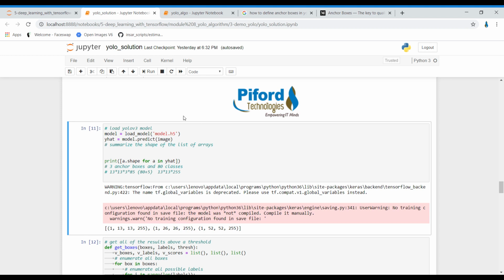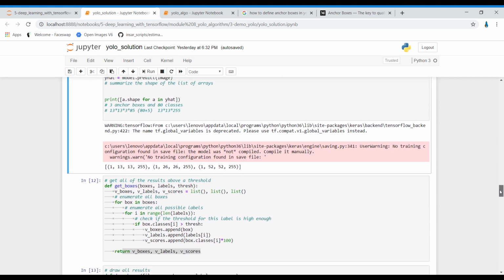So we have checked the shape and we got the 3 shapes because YOLO V3 works on 3 different detection scales. Okay, now we want to get all the boxes and draw them on the image which we have just loaded and predicted.